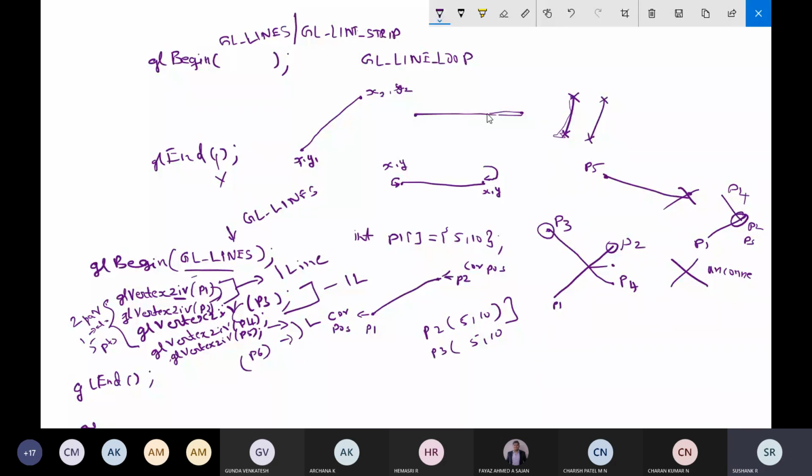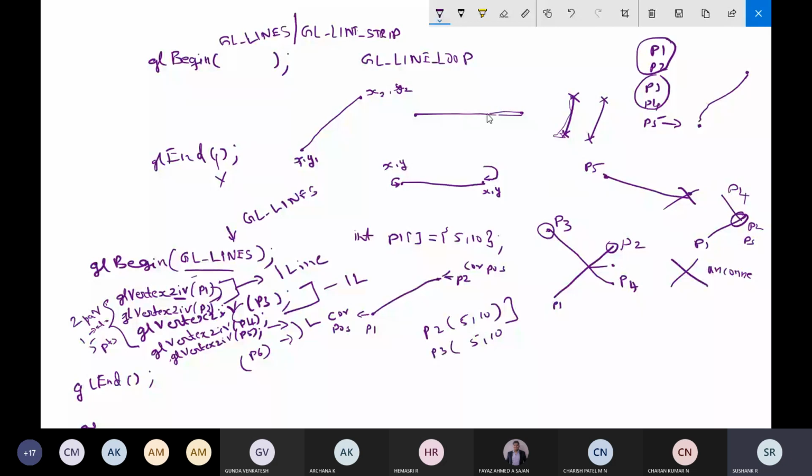A set of connected lines will be formed only when some coordinate positions are repeated. Even though two lines are crossing, you cannot treat them as connected. Nothing will be displayed if I'm specifying only one endpoint, for example P5. In our example, we had points P1, P2, P3, P4, P5. P1 and P2 join to form a line. P3 and P4 join to form a line. But P5 has only one endpoint for the line. It needs another endpoint to form the line.